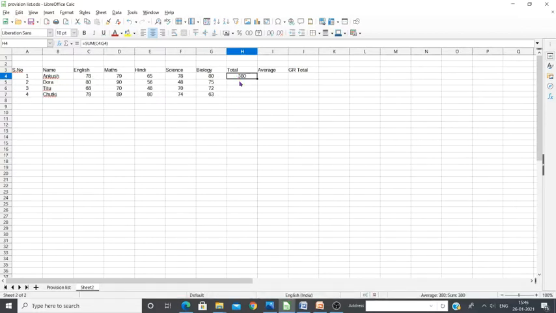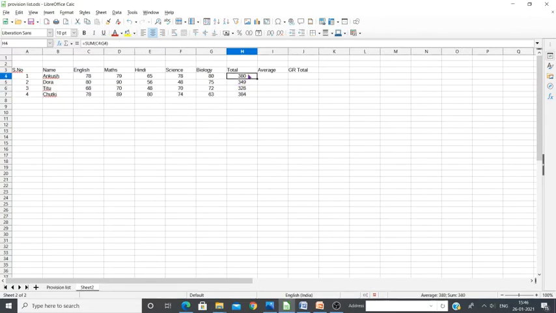Then the first one, relative reference. When you use the fill handle, you can see that the formulas are getting copied. Here the formula is C4 to G4, and here it is C5 to G5.